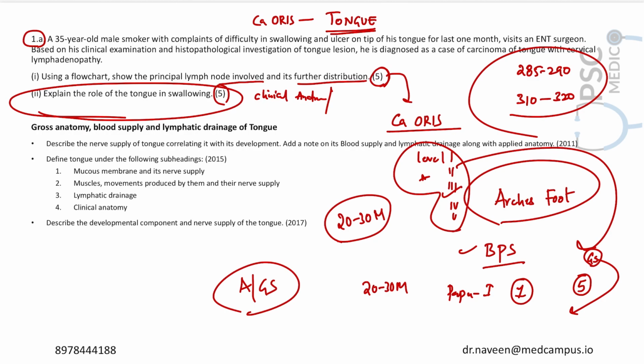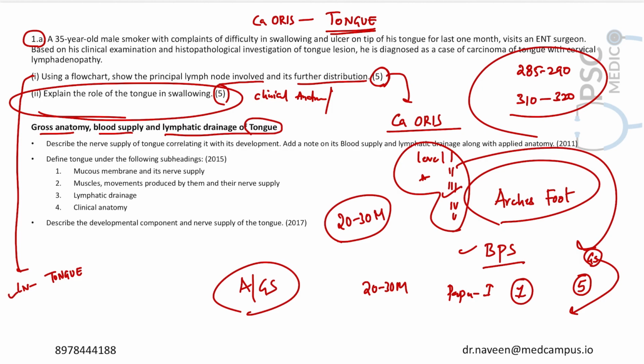how this cancer presents. But the question is, what are the lymph nodes which are involved, and also what is the role of the tongue in swallowing? So how to attempt this question? You can just start by writing up the lymph nodal supply of the tongue, which is again within the purview of the syllabus, because gross anatomy, blood supply, and lymphatic drainage of the tongue is